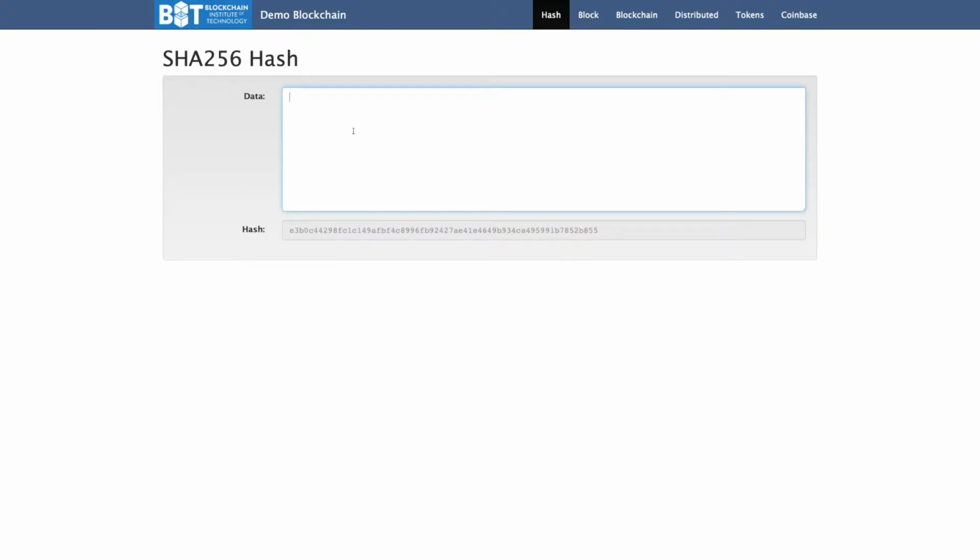If, for example, I add a single letter to the data being queried, notice how the entire hash changes, almost every digit, with just a single letter. But if I start removing letters and make it exactly the same as before, the hash returns to being the same.